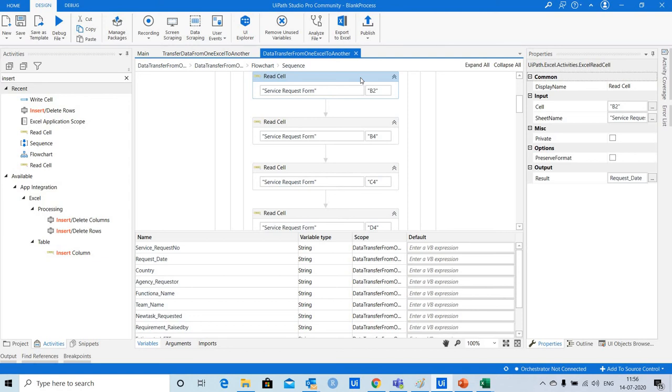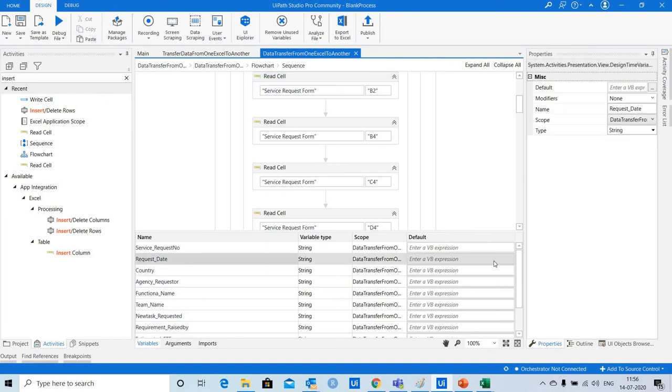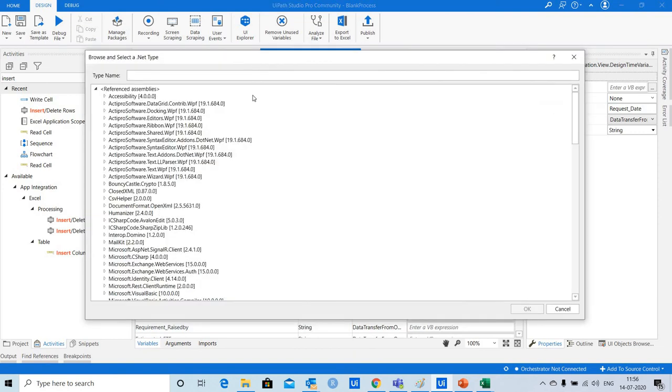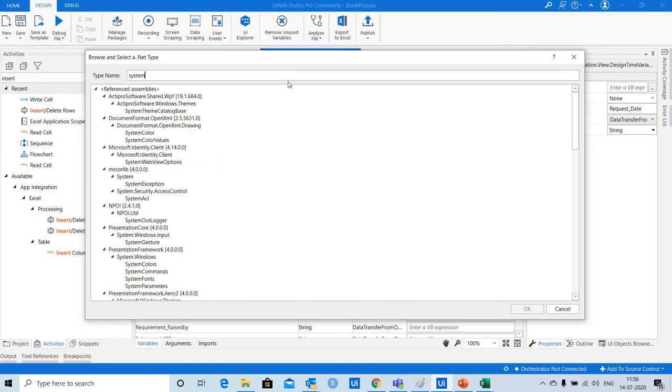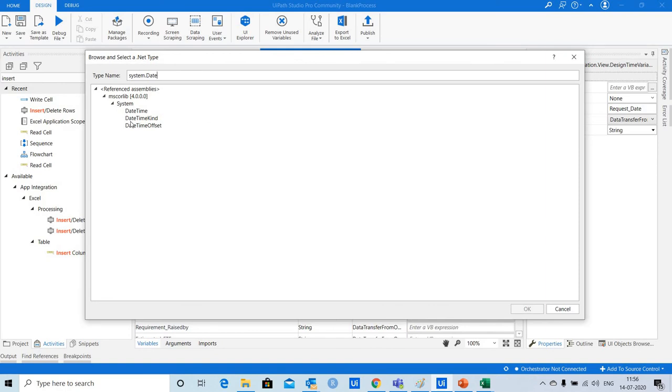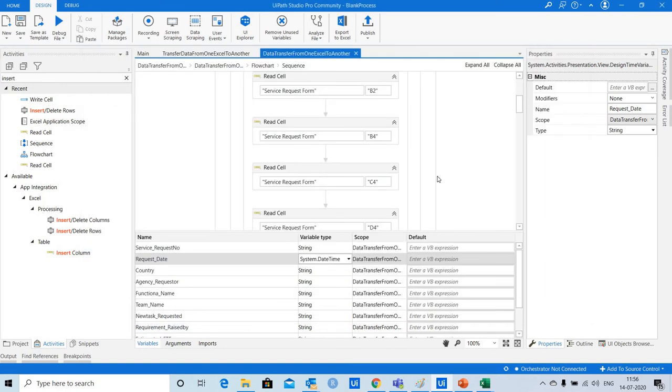So let me change this variable type as system.date time. For that I'll search by system, then date, and then select here system.date time, and save the program.